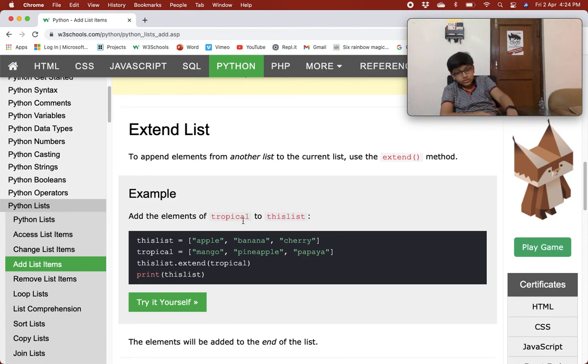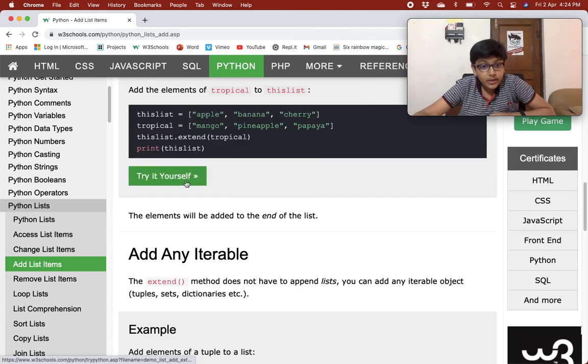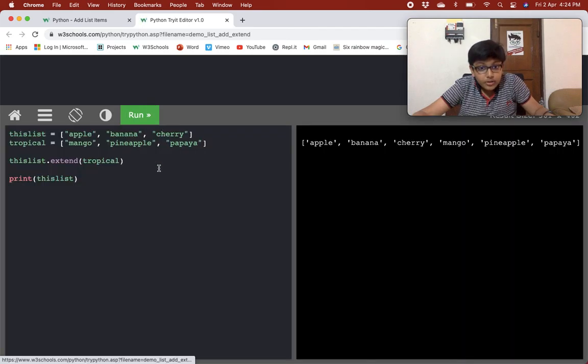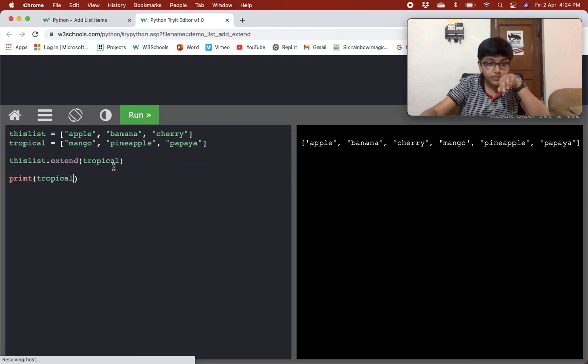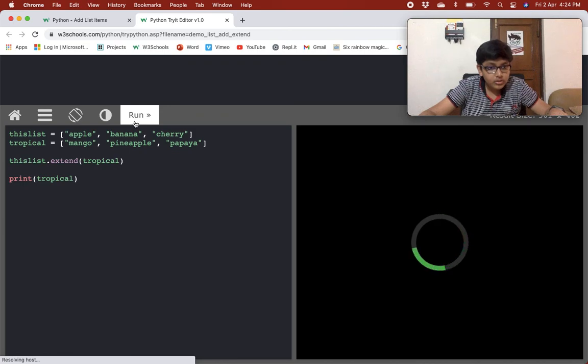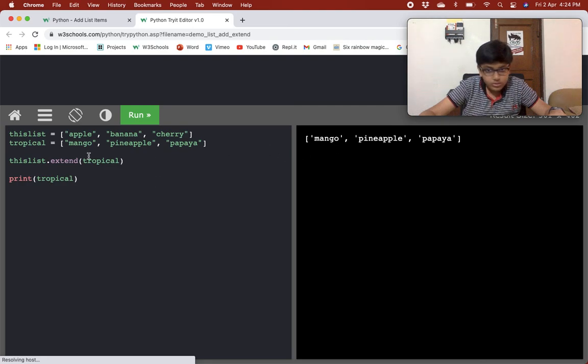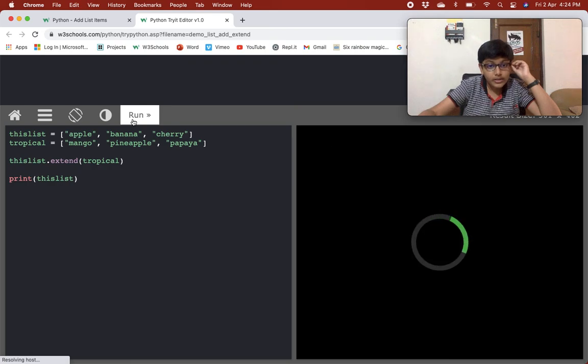Then we are printing this list. If we print tropical, it should remain unchanged. Tropical is unchanged, but this list is being extended by tropical. That's why all its items have come in this list.